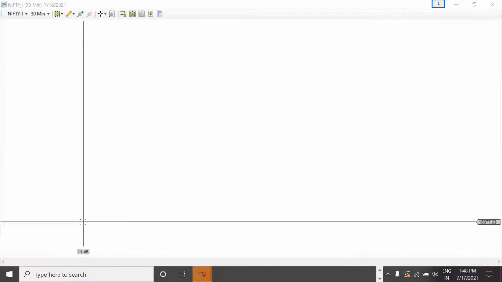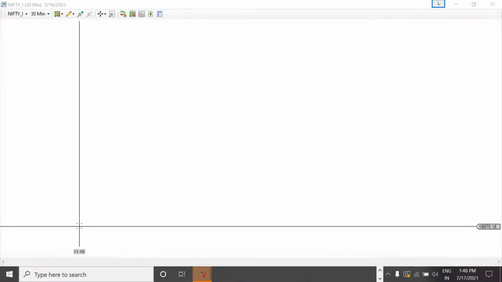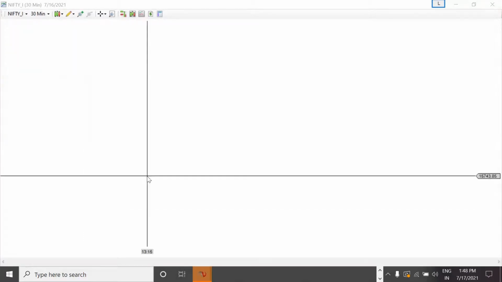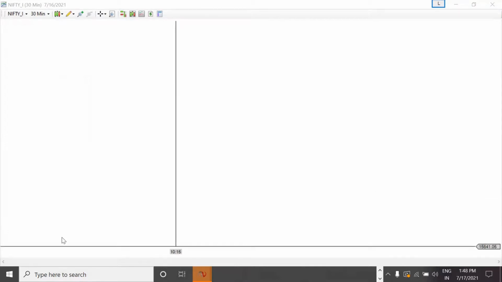What I always suggest is, whenever the market opens at 9:15, always try to restart TrueData and NinjaTrader at 8:50 only, so that no technical glitches, data deficiency or sync-up issues come up during market hours. So you should always restart both TrueData and NinjaTrader at 8:50 only, and get things ready by market hours.